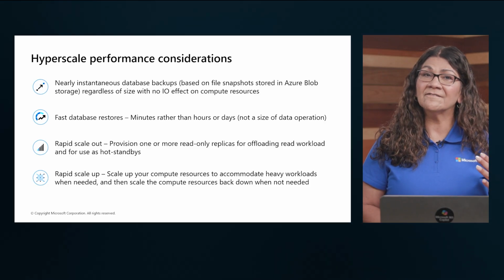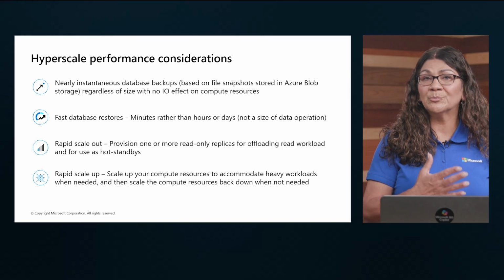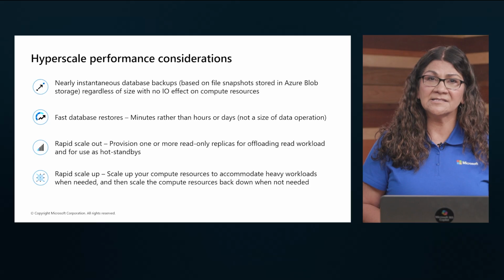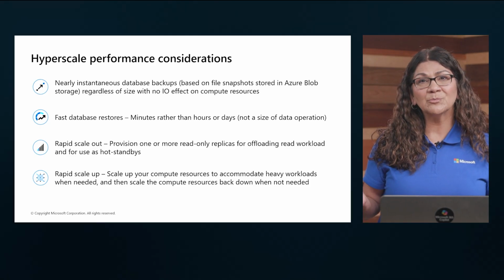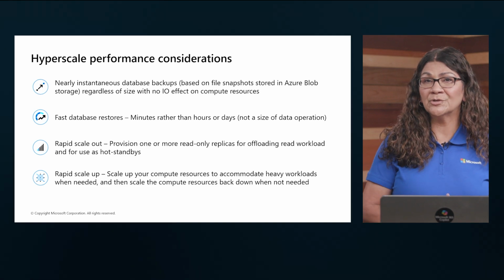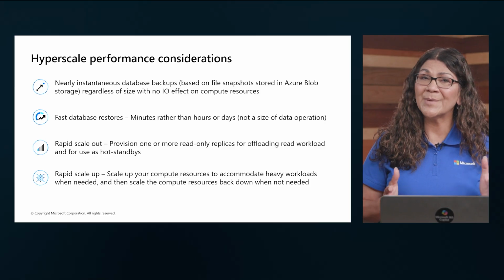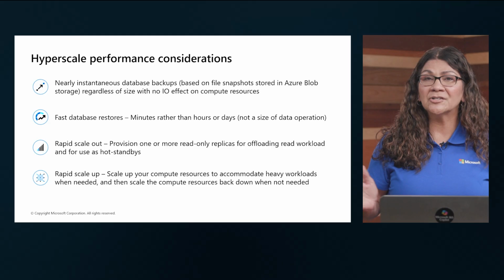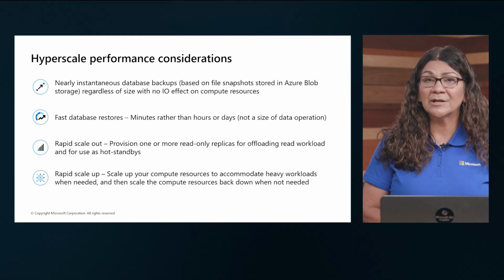Hyperscale uses file snapshot technology stored in Azure Blob storage, allowing backups to be taken almost instantaneously regardless of the database size. This eliminates backup-related I/O strain on compute resources, ensuring consistent performance even during backup operations. It makes it a good fit for a very large OLTP system or a SaaS platform that needs frequent backups